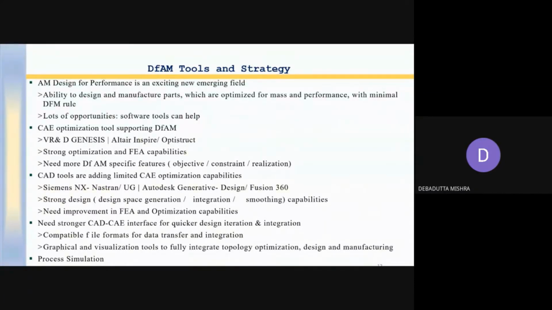And you can simulate the whole process, starting from CAD to final printing, and after that, the required strength and performance of the part. Between these two, the first being CAD and the last being post-processing, there is the design of the print direction, the thermal distortion, and the support structure. All this comes within these two. If you can simulate this, you will get a flawless or error-free output of a part. And there are various software tools by which you can analyze all these things.